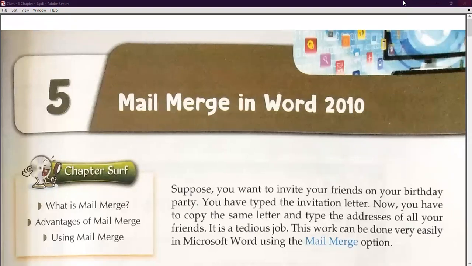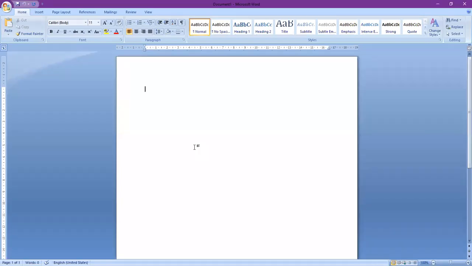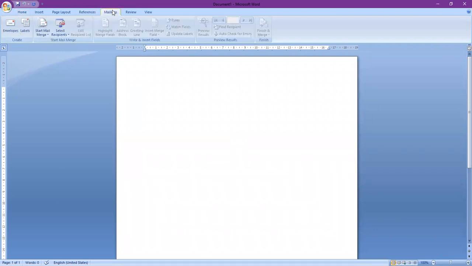Here it is. I hope that you can see the MS Word dialog box, or you can say the very first interface. So this is my MS Word. Now I'm going to show you how you can implement the mail merge. First of all, we need to create the main document. For creating a main document, you need to click on this Mailings, and then click on Start Mail Merge.